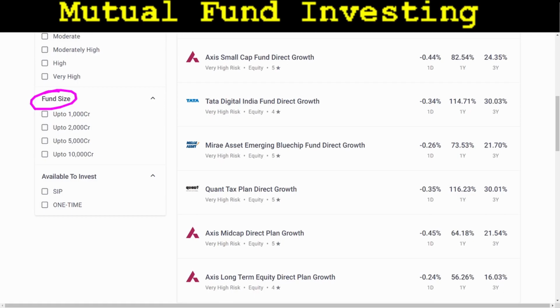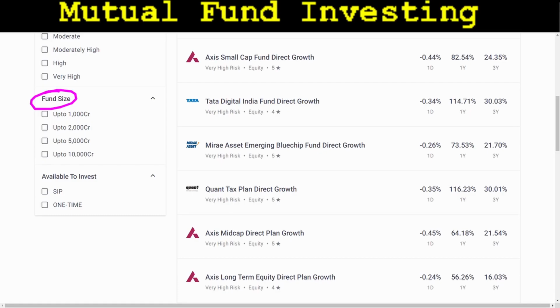Also, when you grow too big or the fund size is very high, it becomes difficult for the fund manager to select new stocks and invest in them, because the money which is flowing in is too big and the stocks which are there in the market are limited. So the fund managers have a difficult job in selecting a good share. However, sometimes a small sized fund does much better than a big size fund, because its fund manager has a lot of opportunity in picking up different stocks, as their fund is in quite a younger stage and they have a lot of opportunity of selecting and picking up good stocks.